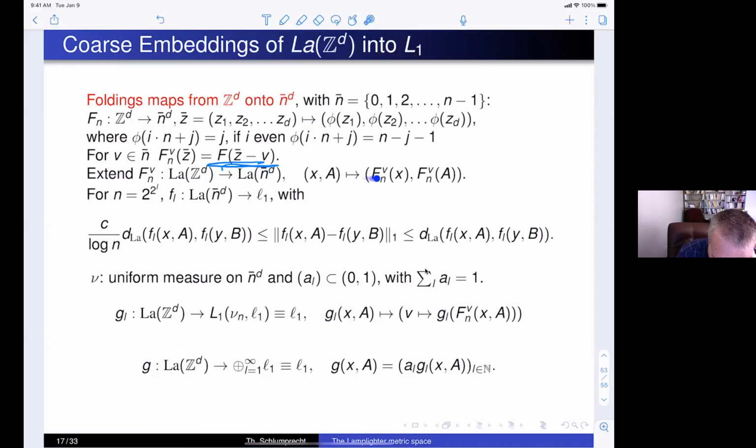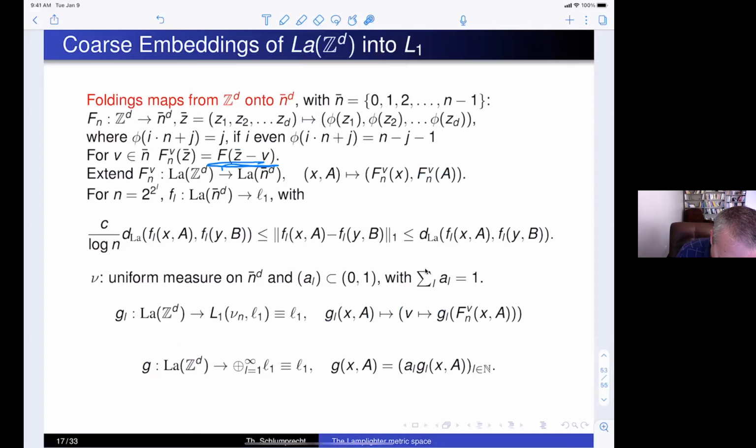shifted folding maps. And now I'm simply extending these folding maps to a map from the Lamplighter on the grid to the Lamplighter on the finite grid, simply by saying x of A is the image under V and the image of A under V. This is not injective, but